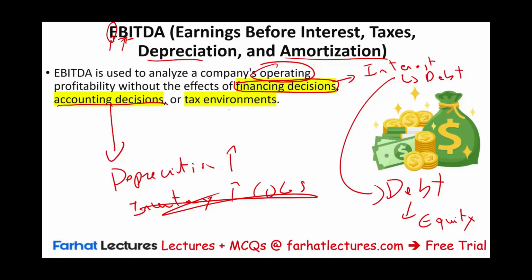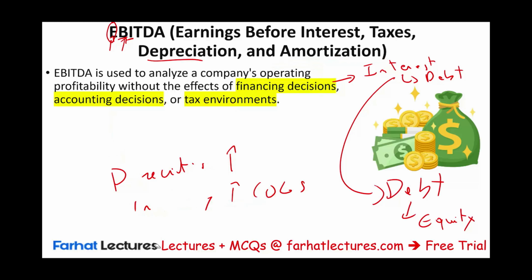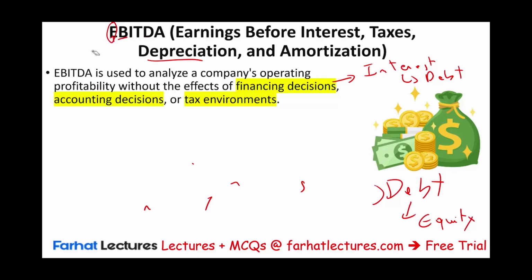Also, please ignore my tax bill, because my tax bill has to do with the area in which I operate. I have no control over the jurisdiction. If I operate in Texas or in Florida or in Mexico or in Canada or in Europe or in Ireland, that's going to determine my tax bill, not my operation, not the product that I produce. So earnings before interest, taxes, and depreciation, EBIT, okay, EBITDA or EBIT, what we're telling the users is, please ignore those three decisions and look at the core